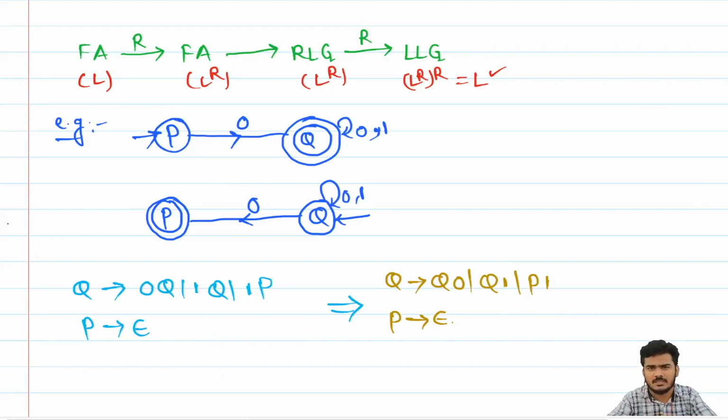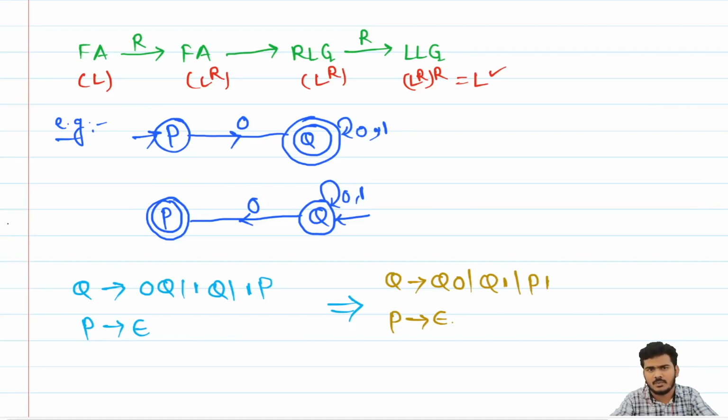Okay, now the question is, if we want to produce the left linear grammar for the language L, then what will we do? Okay, so these are the steps. We know that a finite automata is given, which is accepting the language L. In the first step we will reverse the finite automata itself. Okay, so I have reversed the finite automata, and the reversed finite automata accepts the reverse of the language. Okay, then for that finite automata which is accepting the reverse of the language, I will write the right linear